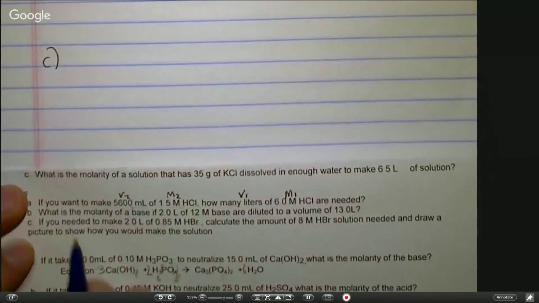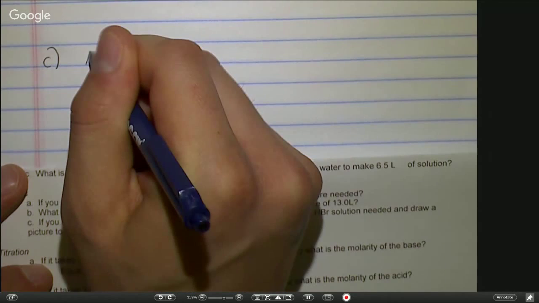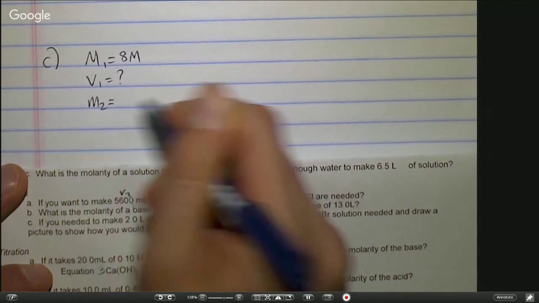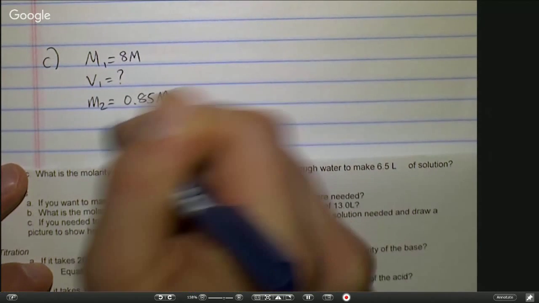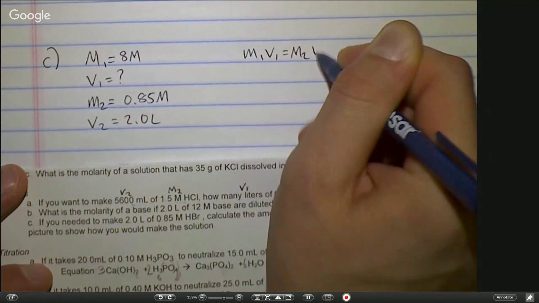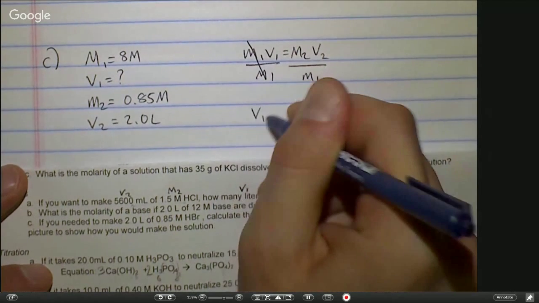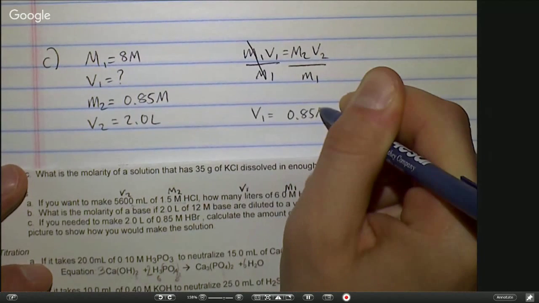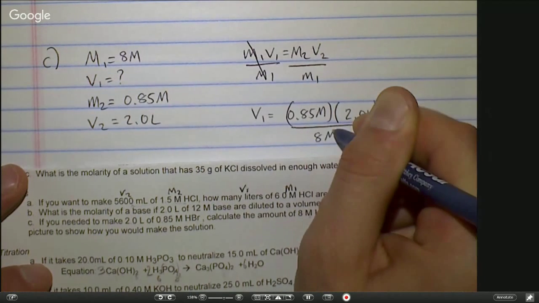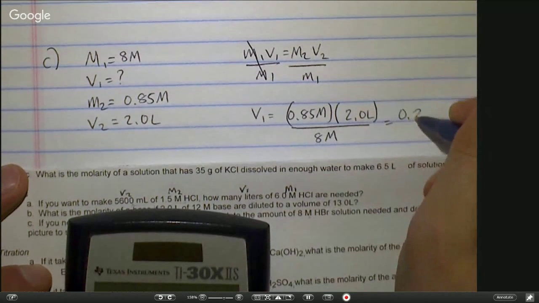All right, so part C, 2 liters of a 0.85 molar concentration, calculate the amount of 8 molar needed. M1 is 8 molar, V1 we don't know, M2 is 0.85, V2 is 2 liters. So we have our equation. We want to find V1. So we have 0.85 molar times 2 liters divided by 8 molar, which is 0.21